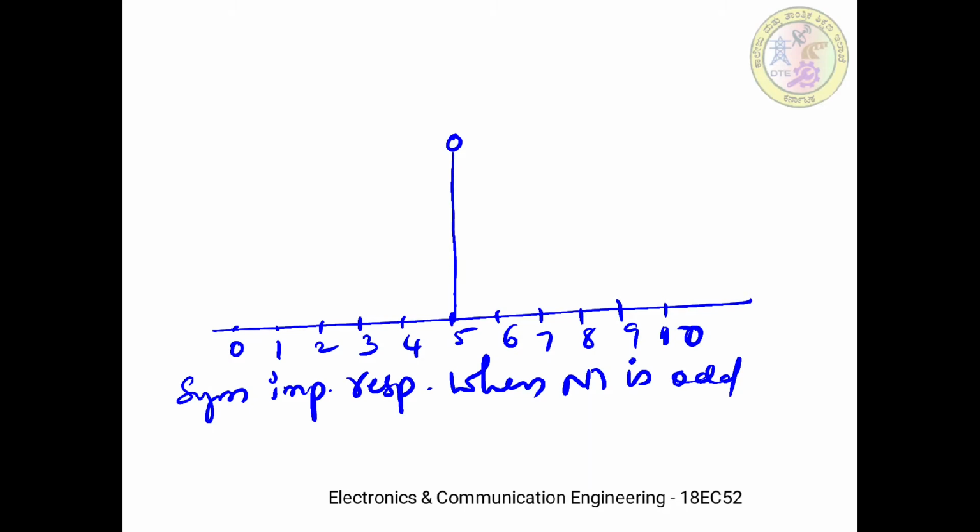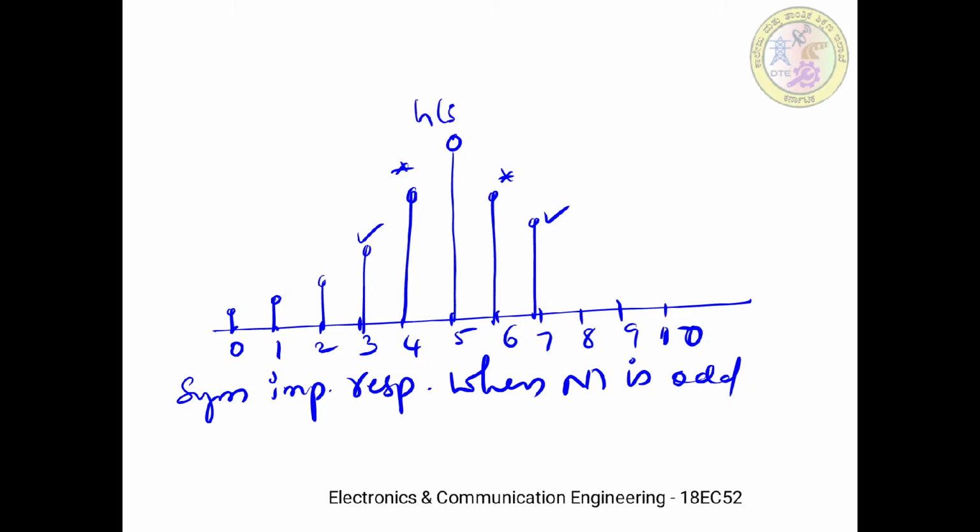So then, if this is the impulse response, what is h of 6? h of 6 is the same as h of 4. Similarly, h of 7 is equal to h of 3, so these two are the same. Now this sample represents h of 5, which is equal to h of 5 because of the symmetry condition. Similarly, h of 8 is equal to h of 2, that is this value.